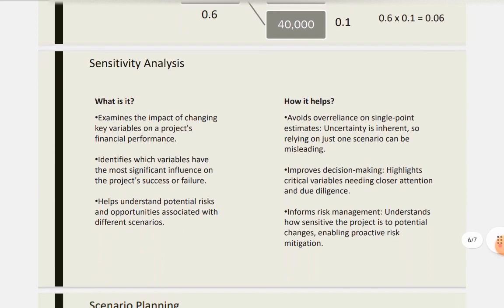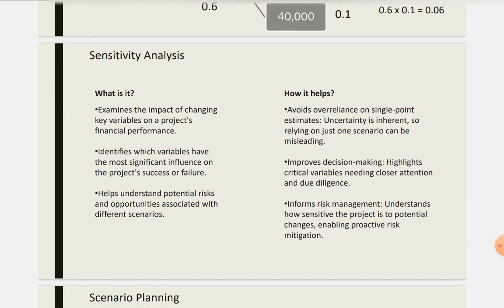Next, we move to something called sensitivity analysis, and the essential idea behind this is it examines the impact of changing key variables on a project's financial performance. So if you look at an NPV of a project, let's say where you're buying machinery, you make certain assumptions that maybe the machine will last for 10 years. Maybe the cost of capital is 10%. This could be based on the current inflation, or the risk-free rate of return, which over 10 years could change. And then again, the amount you expect to come in, the cost savings or the sales that you expect may not materialize. There might be cost overruns.